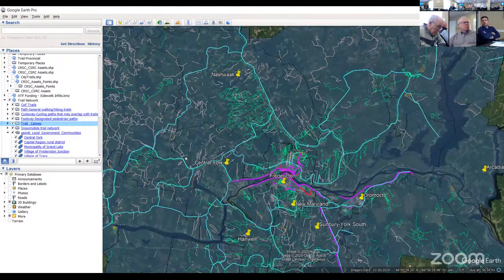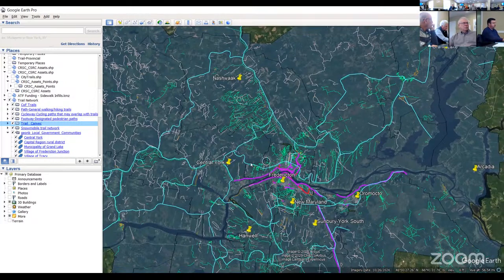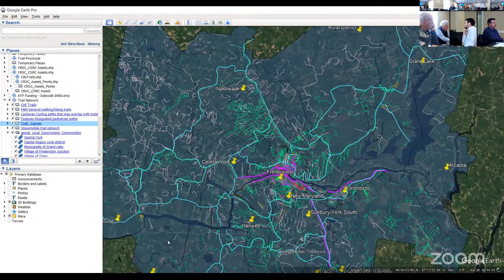Maybe the province of New Brunswick would have more shape files, more layers, more specifics about trail types, we would be glad to incorporate in this. So I hope this will give you a high level taste of what we have, and for next steps, what we would be suggesting.